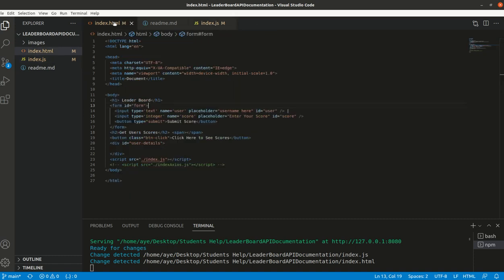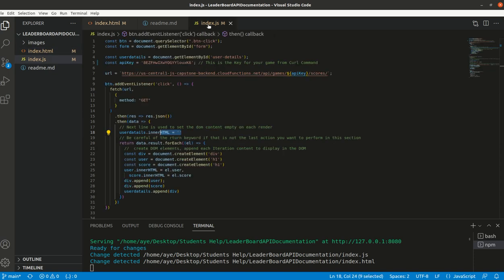If we go back to the index.html, user details is this empty div. This is where I want to be adding the elements to. That is on line 18, the user details. So I get it and set its .innerHTML to be empty. Then the data that has now returned from